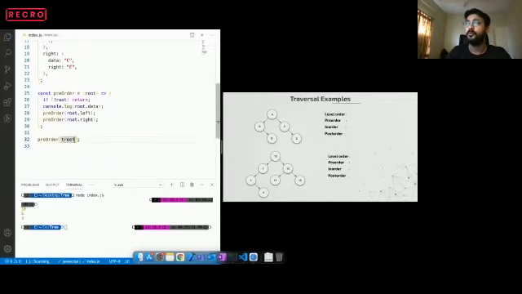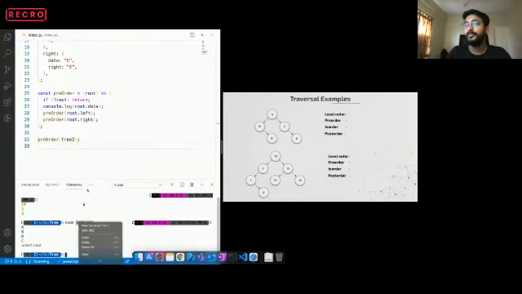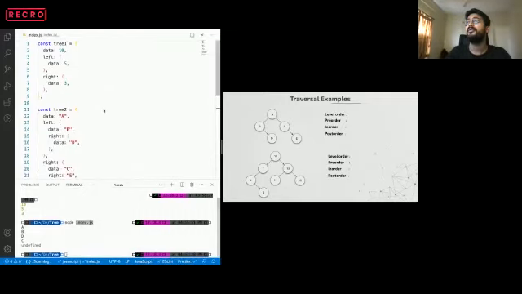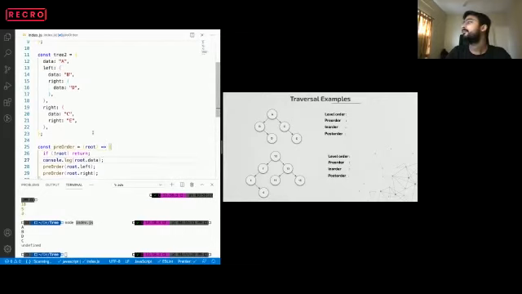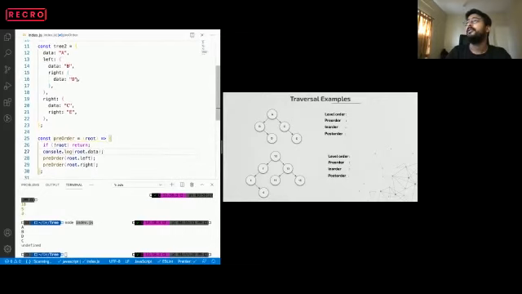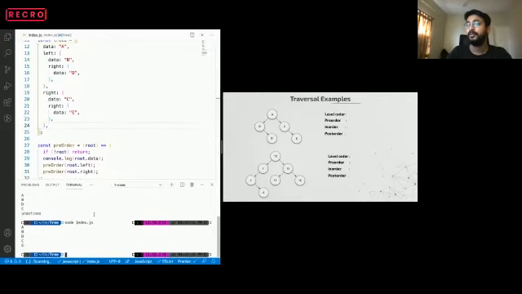Now let's pass this tree 2 over here and run this example. Great. A has left child B, which has right child D. Okay, so this is a problem: right is a node, and I have defined it as a string. So C has a right child E. Correct. Now it is A, B, D, C, E. Correct. This was pre-order, A, B, D, C, E, which is fine.